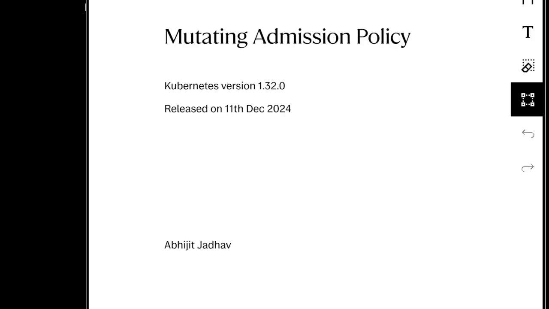In today's video, we are diving into one of the most awaited new features in Kubernetes, which is Mutating Admission Policies, released in version 1.32 on December the 11th. In my opinion, this is a very powerful addition to Kubernetes, and I'm here to show you why